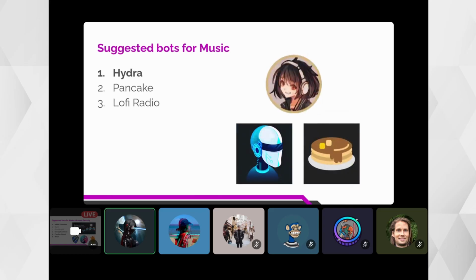Okay. So suggested bots for music function. Hydra, Pancake, Lo-Fi Radio. For me, I always use Hydra, but sometimes people would love to hang out. There are a lot of people wanting to have their own playlist and don't want to have a queue. So yeah, sometimes I add Pancake as an additional bot so that the community members can play simultaneously on different channels, because there's usually a long queue if these are music lover communities. And then with Lo-Fi Radio, yeah, I suggest it as well. If you want a 24/7 free radio with lo-fi music, you can always use this one.